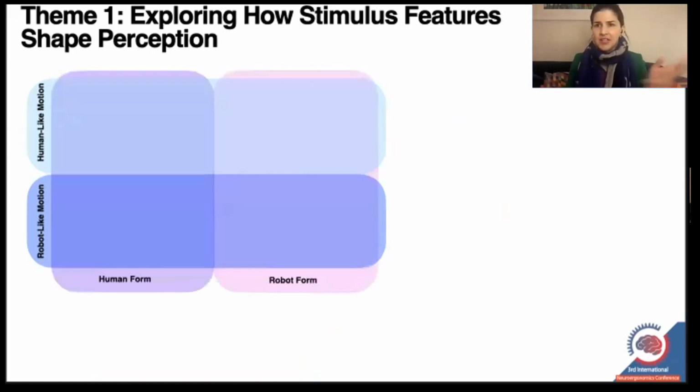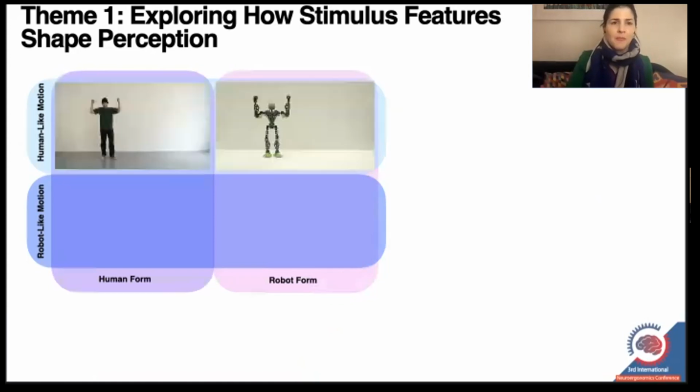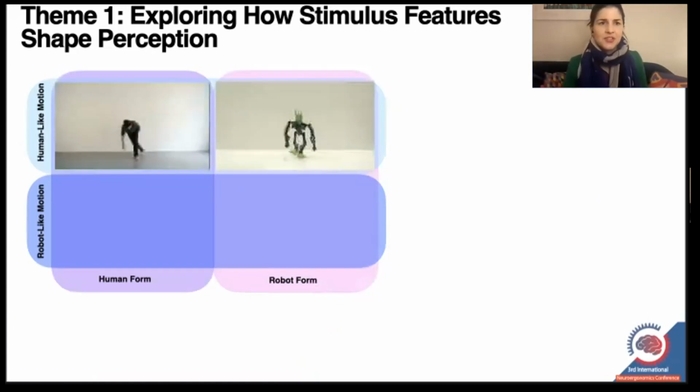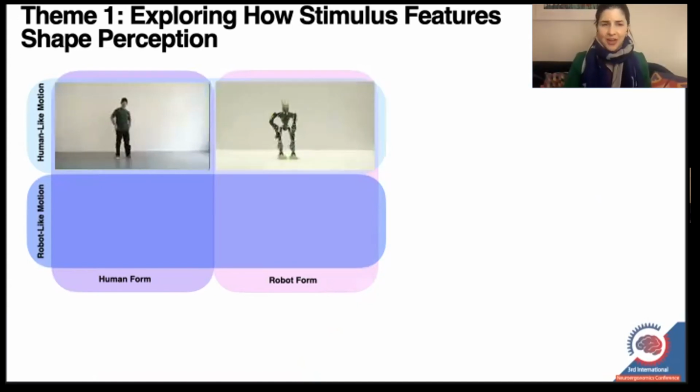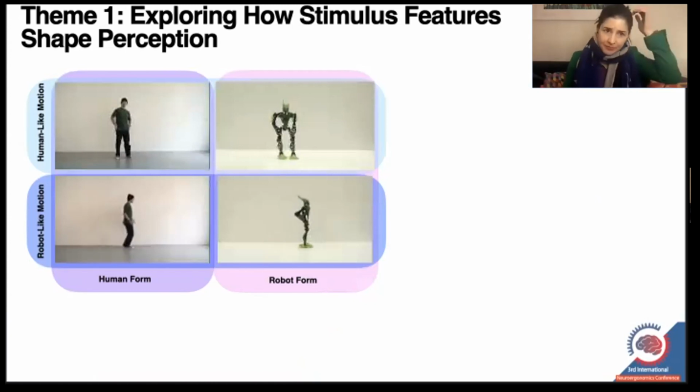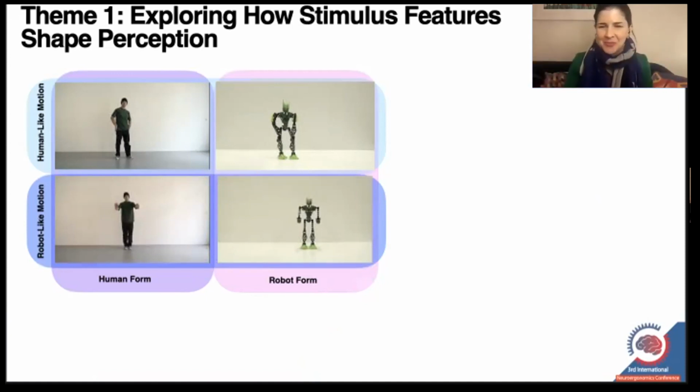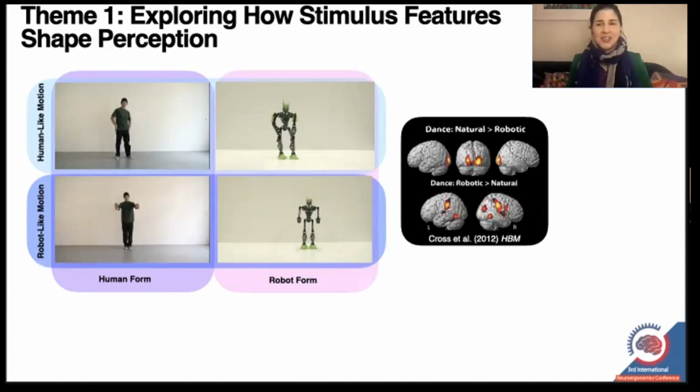And then we can also add on top of that either a like me form, so a human form, or a very much unlike me form, a robot form. What we did is we filmed a bunch of videos that would fit the bill across this 2x2 factorial design. We had a human breakdancer performing natural movement and then more rigid robotic movement. And then we used stop motion cinematography to animate just a very cheap Lego robot to do those same movements as closely as possible. And what we found, across two independent fMRI experiments with two different participant samples,